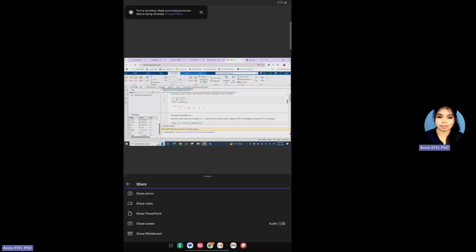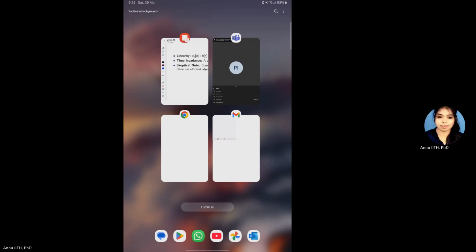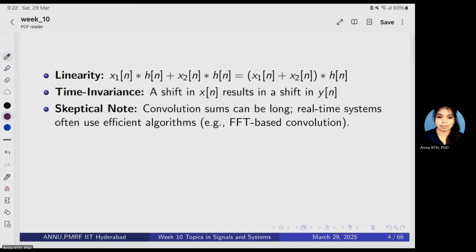So I'm sharing progress. So I'll get back to